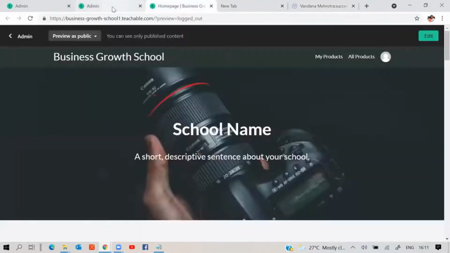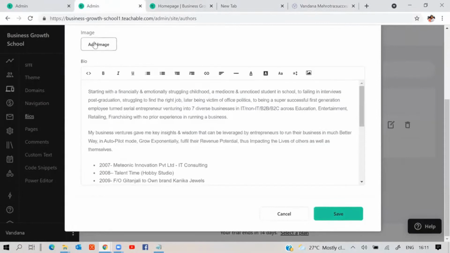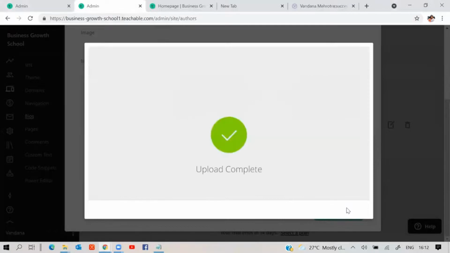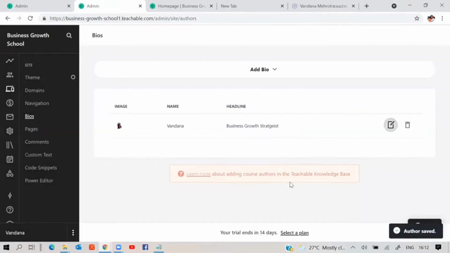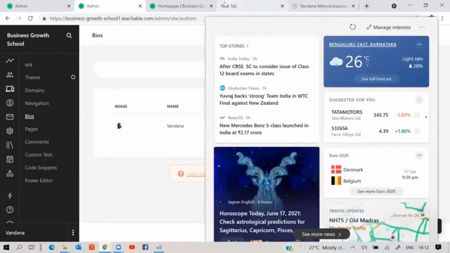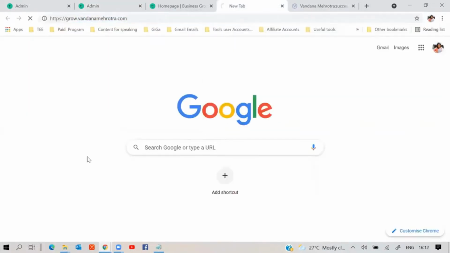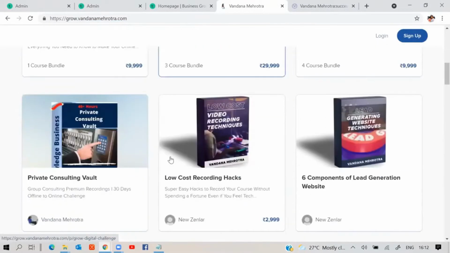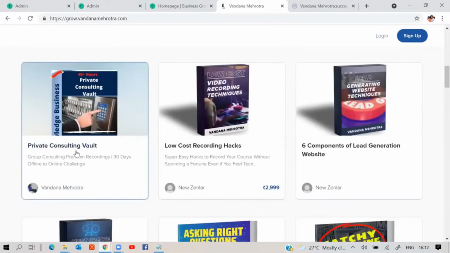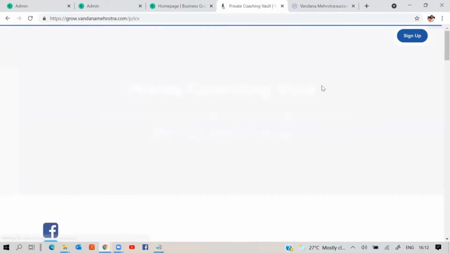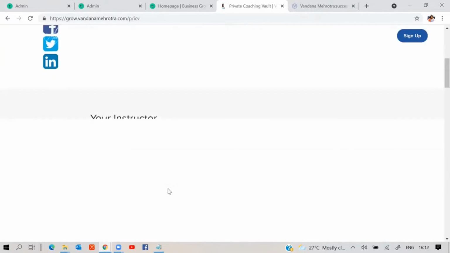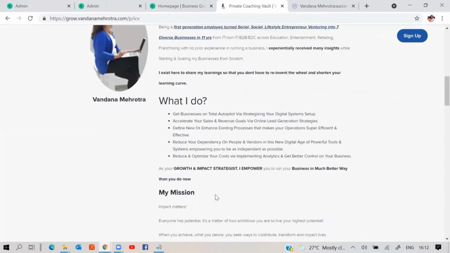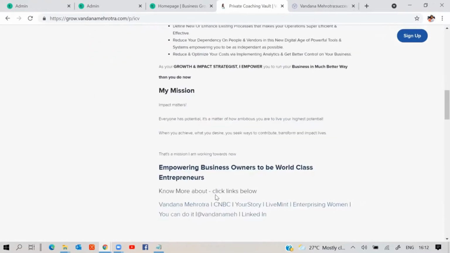If you now look at the things you need to be ready with, I can also add an image. You can upload it as well. I'm doing a drag and drop. This is the image. Okay, good, done, save. So this will be reflected in your course, as the author bio. How it is reflected: when you go to grow.vandanamehrotra.com, and in any of the courses, the only challenge is I had moved my course to Newsendler. So let me open this one. I had to give some access permissions to migrate from Teachable to Newsendler. So this is how it will come. Whatever picture and whatever bio you have uploaded, you are there.